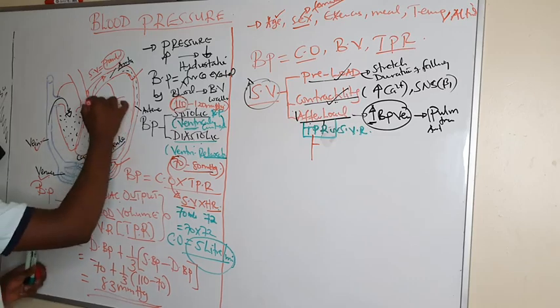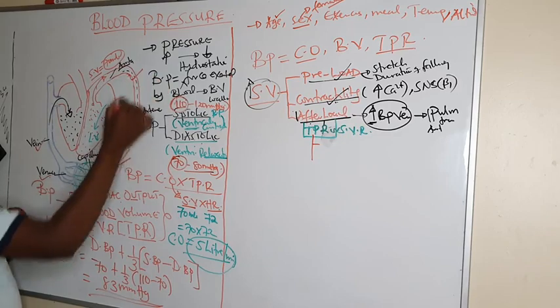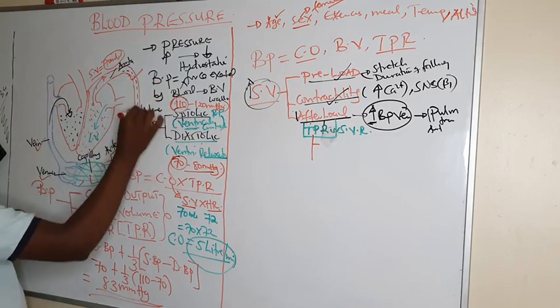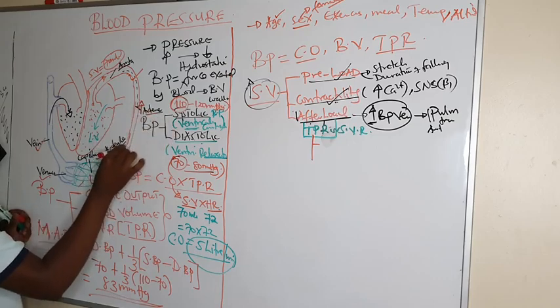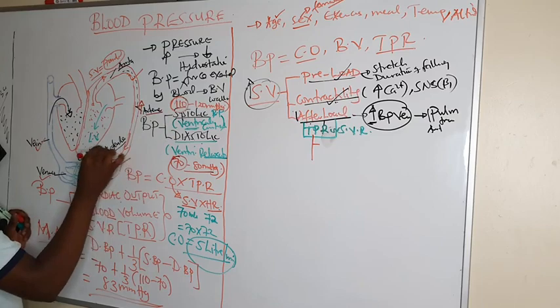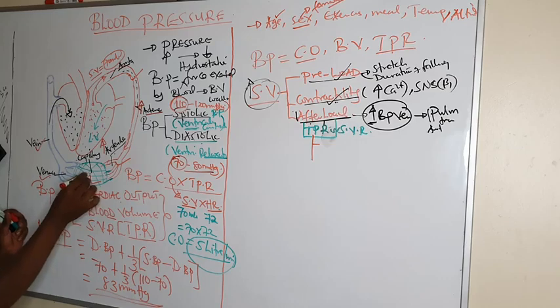And we know as blood is moving it moves from a region of high pressure to low pressure. So with pressure in the arteries being higher than pressure in the veins, blood is able to flow to the venules. And with the pressure in the venules being higher than in the capillaries, blood is able to reach the capillaries. Then by the time we reach the venules,